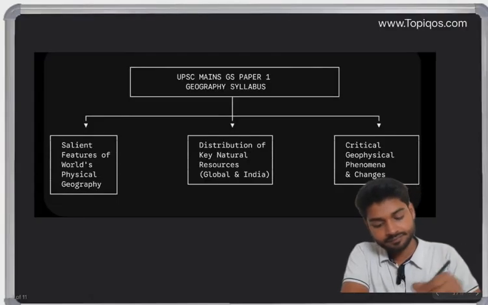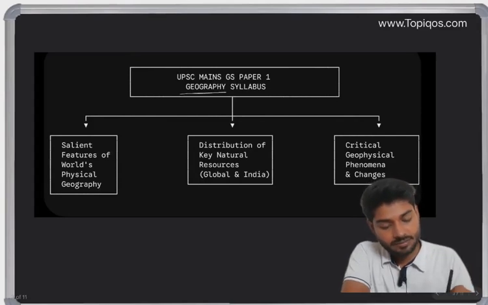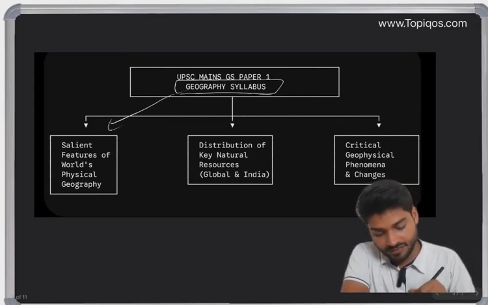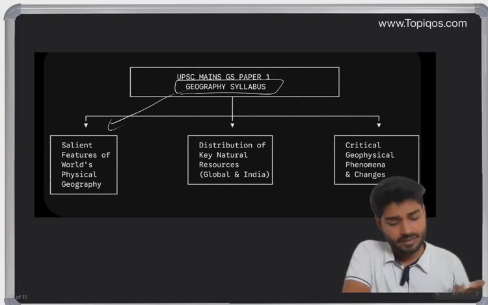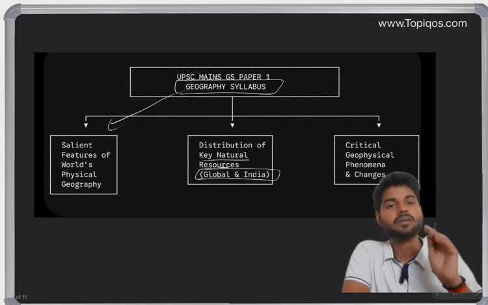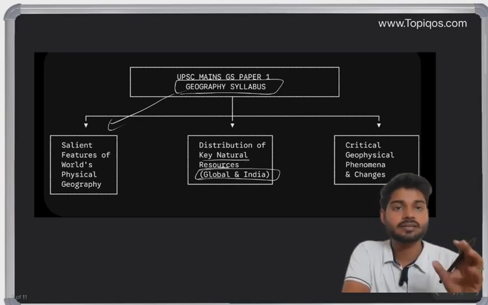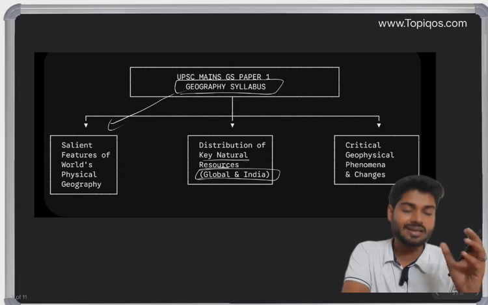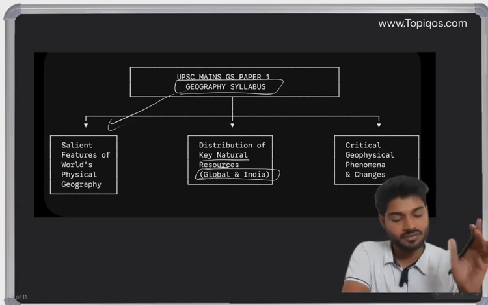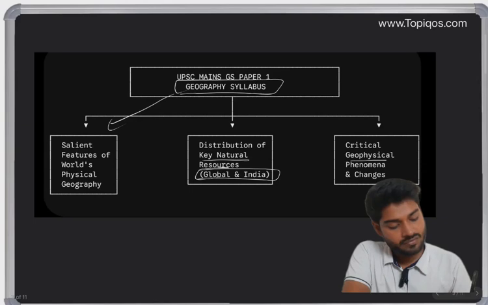So firstly, I'll be categorizing your geography syllabus in three contexts. First is the salient features of world physical geography, so we are going to study some features of world physical geography. Then the distribution of key natural resources, global and India. The key natural resources, like oil, forest, and minerals, of the global as well as India, we are going to study, and critical geophysical phenomena